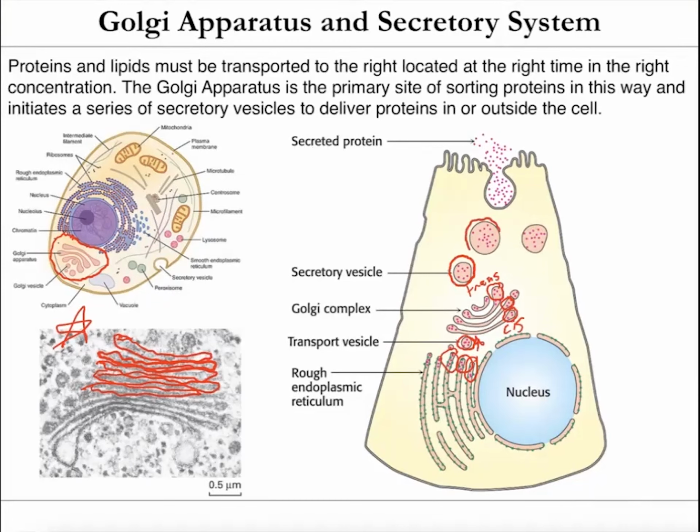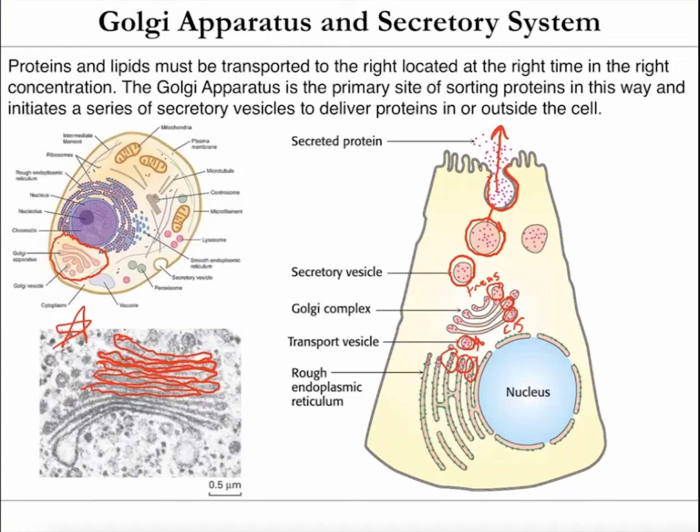And so they can be delivered to different parts of the cell, or they can fuse with the cellular membrane, and those proteins can be secreted outside of the cell. So a lot of different cell types secrete proteins in multicellular organisms, like signaling proteins or neuropeptides, stuff like that are secreted outside the cell. So the Golgi complex is involved in determining which proteins go where in the cell. So that's also a really interesting field, and how the cell is actually able to achieve that task.